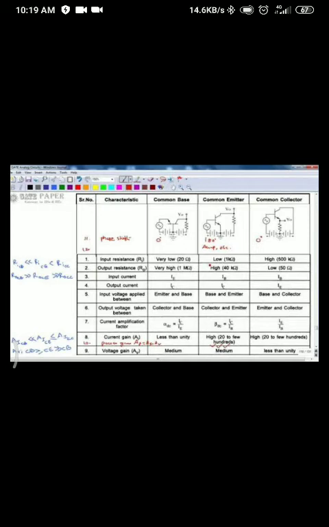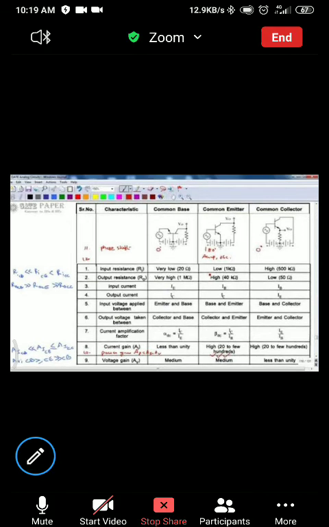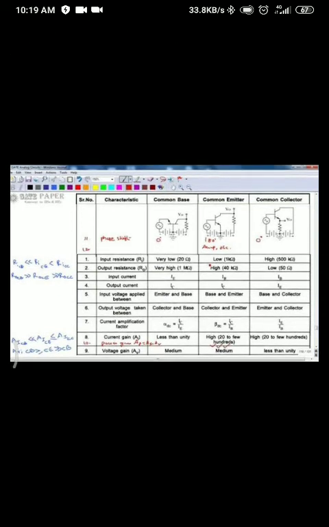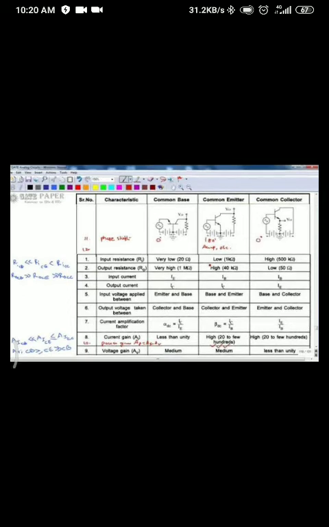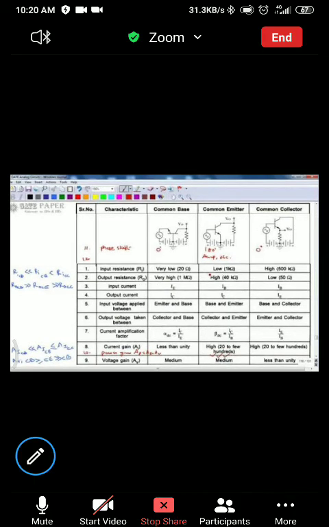We have seen the symbol, and then the next thing we studied was the operation of NPN transistor. Electrons are injected from the N material, they are collected in the collector, and some of the electrons are absorbed by the base. So base current is always very small. We have also seen the three configurations of the transistor when connecting it as a two port network, that is common base, common emitter, common collector. Then we have seen the biasing configuration, how to bias a transistor in cutoff region, active region, saturation region, and inverse active region. Then we have seen the circuit detail, input and output characteristics.